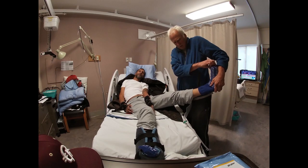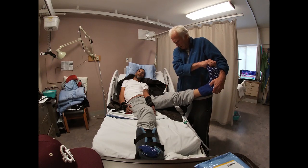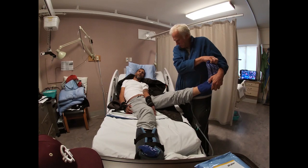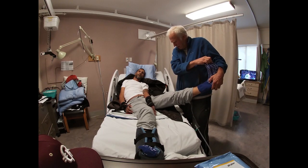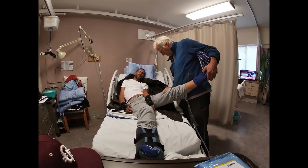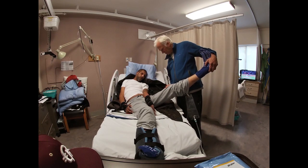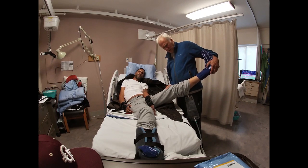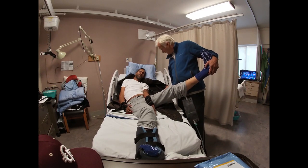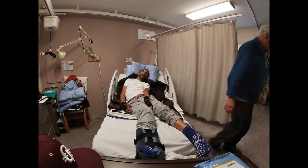Corey's toes are also crunched over like that, and at least they're a little bit more pliable this week. Last week they were just really, really compacted. So just one treatment has already made such a difference here. It's incredible. All right, so now that should look pretty good. Okay, so now we're going to use